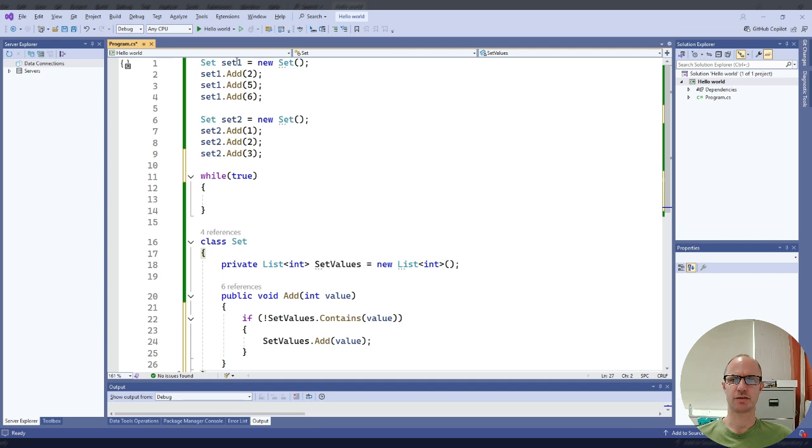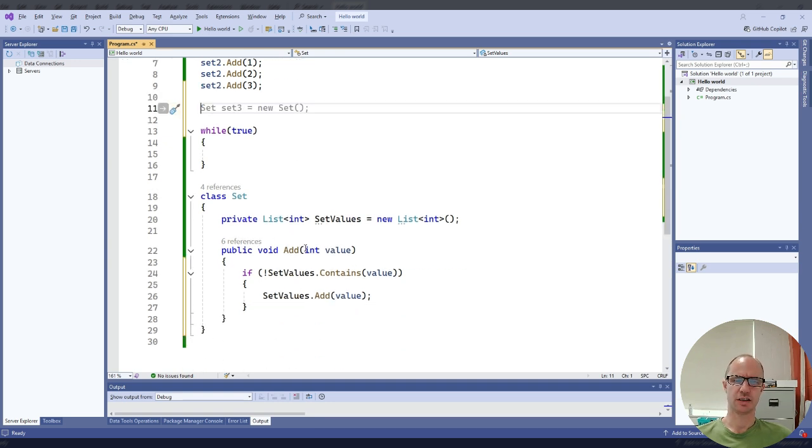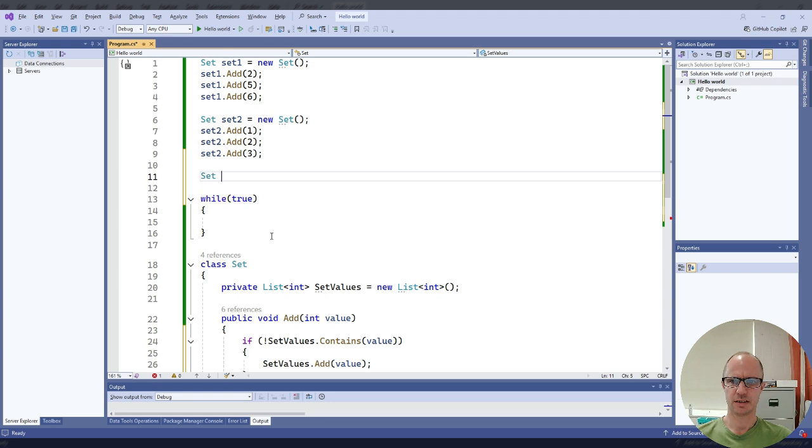So here we go. Let's create a set 1, and we'll put into there 2, 5, and 6. And now we'll add another set, and in that we'll have 1, 2, and 3. And notice that 2 is duplicated in both sets. Now, we could create another function here called add. We could overload this, because imagine that I want to do something like this: set 3 equals set 1 plus set 2. Trouble is, that doesn't work because that's not an integer and that's not an integer, or that's not a string and that's not a string. And so it doesn't know how to add these two